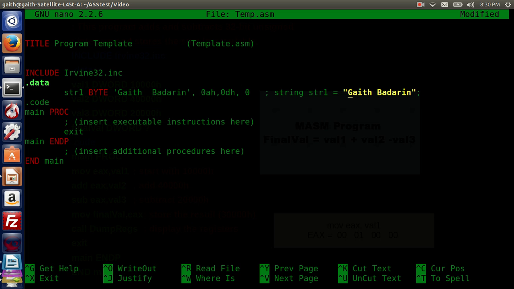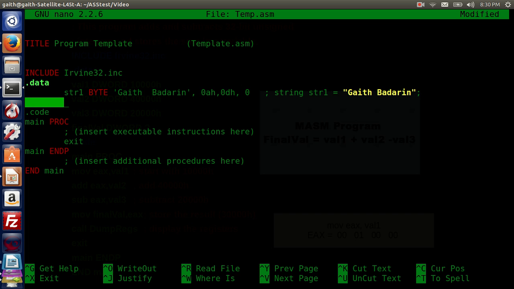Oh, it's taking C code now. Now I need to declare string 2, which is also byte. I can declare it as a word, but why make it take more space? And I can say here major computer science, and here close it,